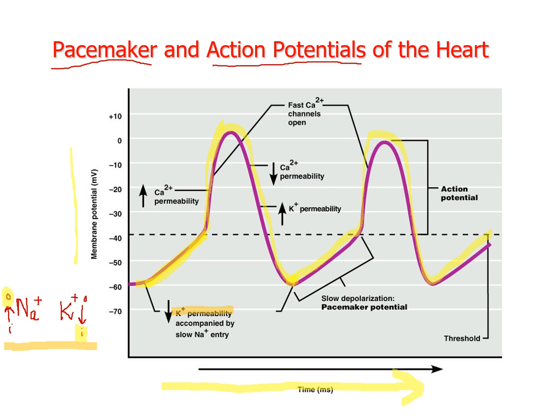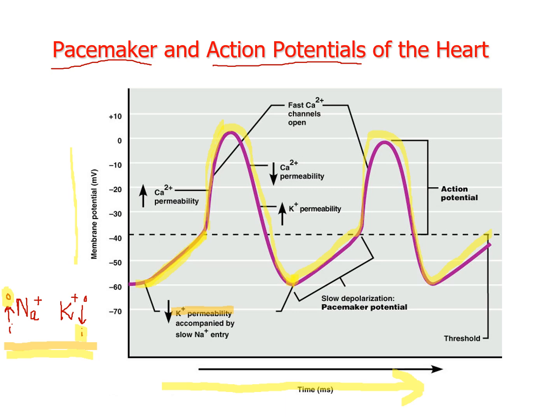If a channel opens for potassium, then potassium is going to rush out because movement of ions is dependent on the concentration gradient. So where potassium is higher inside, if a channel opens, it's going to move out. This is the sodium-potassium pump action here. But if a channel opens for potassium or sodium, then they'll move in the direction of from high concentration to